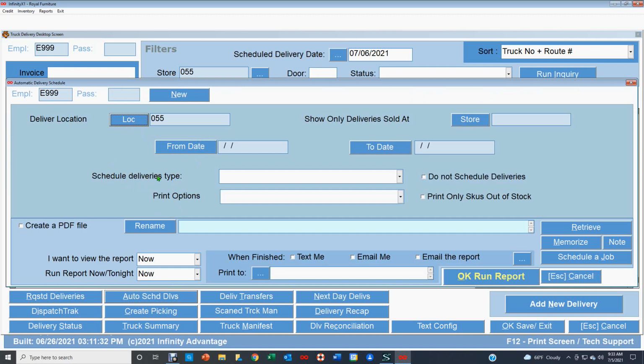And one thing to remember is as the salespeople are making their sales and giving delivery dates, those are really delivery requests. Obviously, if everything goes right, those requests turn into scheduled deliveries. But the Infinity X is not going to let a